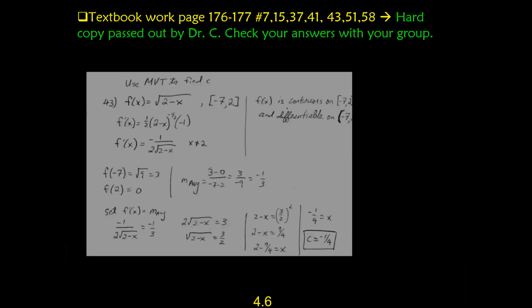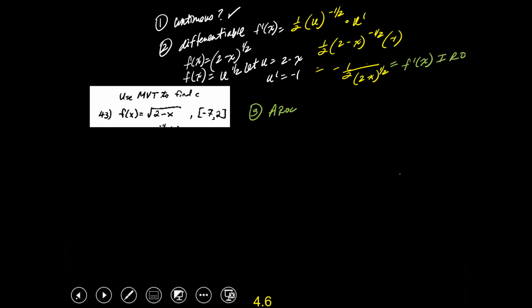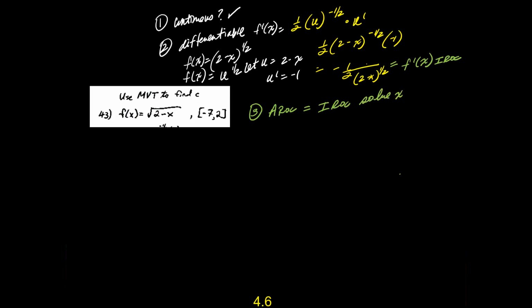And generally what we do here is we need to set the two equal to each other in order to find C. So once I find that average rate of change, I will set it equal to IROC, which is instantaneous rate of change, and I will go ahead and solve for x, and whatever x is